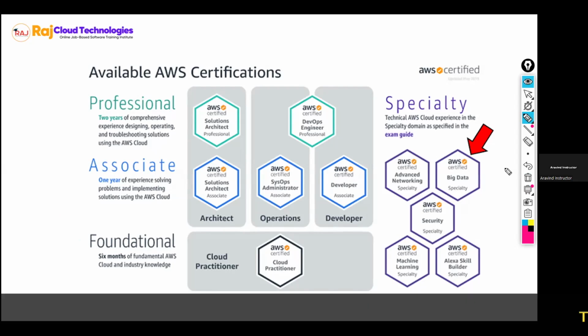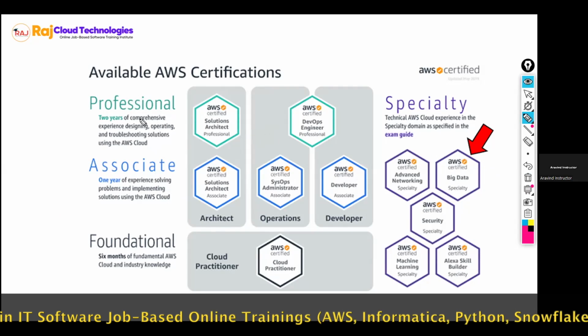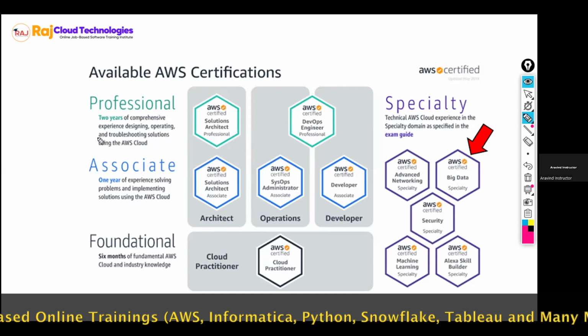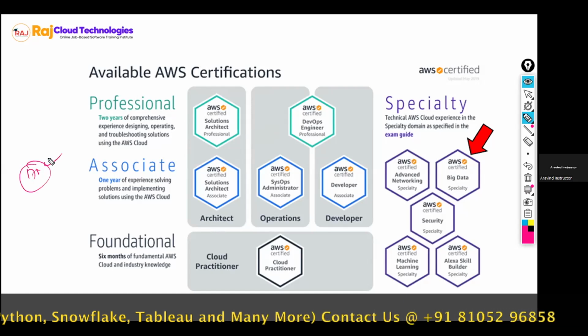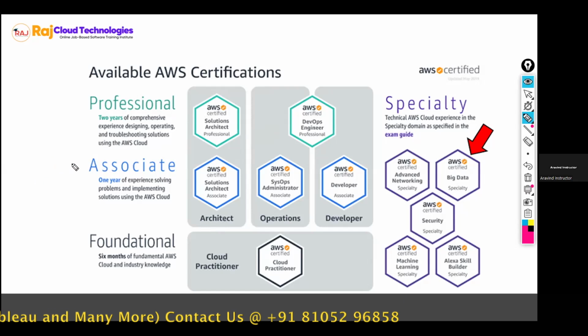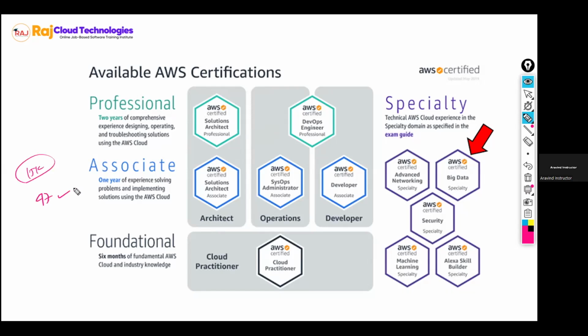If you do it, that is well and good. It is an optional thing only. It will add weightage to your profile, but it is not mandatory. You can do it later also. Once you get a job in AWS, the client will pay the money for you. That $178, the client will pay, that you can utilize. Before that, don't try, because it's a huge amount, right? 15,000. Even if you get 47 marks correct, no use, they will not give any certification. 15,000 is wasted, not refundable.